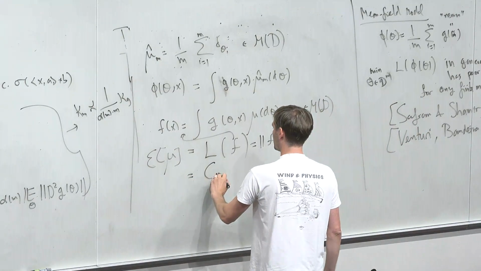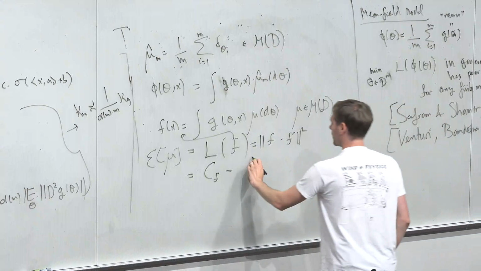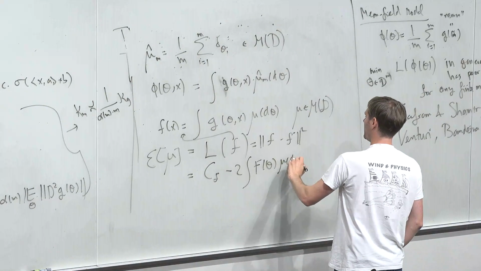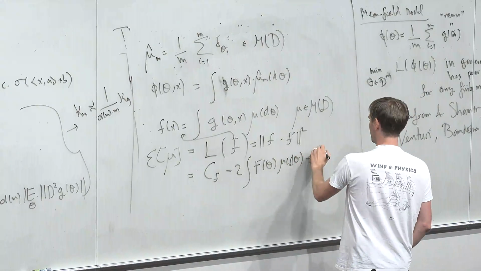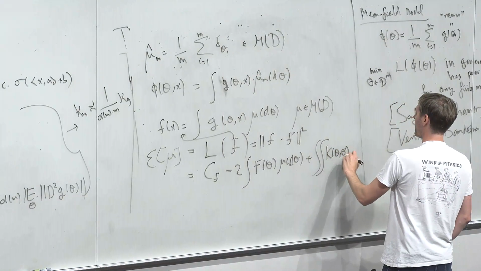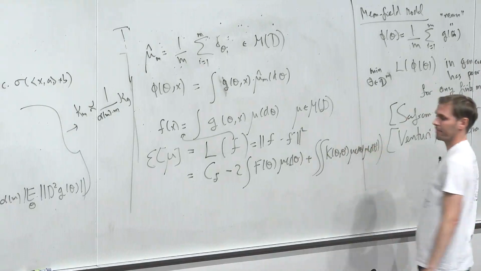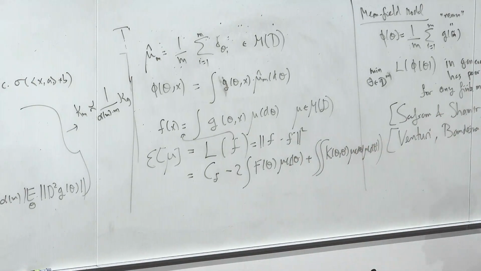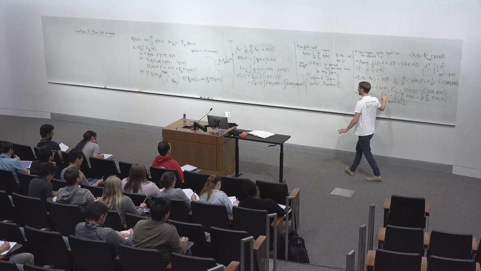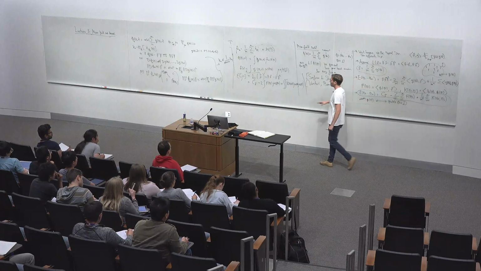We get the same constant as before, minus, now using our formulation, 2 times the integral of f of theta mu d theta, plus the double integral of k theta theta prime mu d theta mu d theta prime. Okay? So at this point, the only thing I've done here is essentially apply the definitions, right? There's no non-trivial step. So you'll observe something